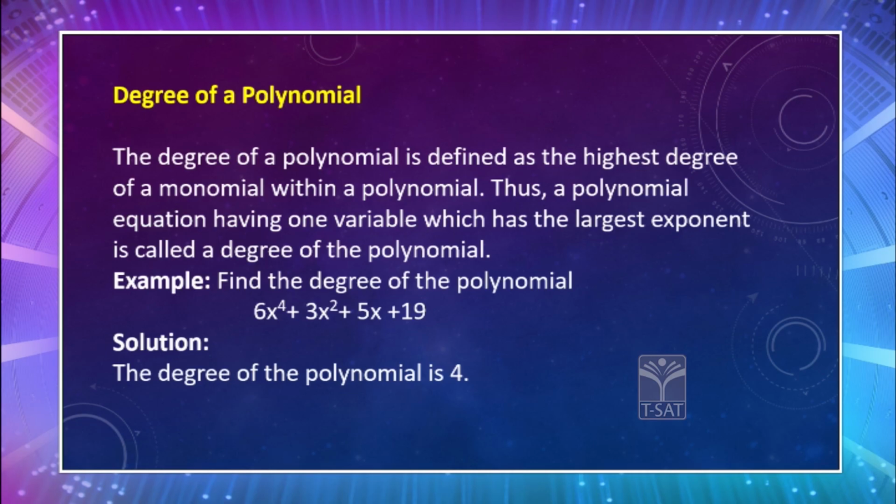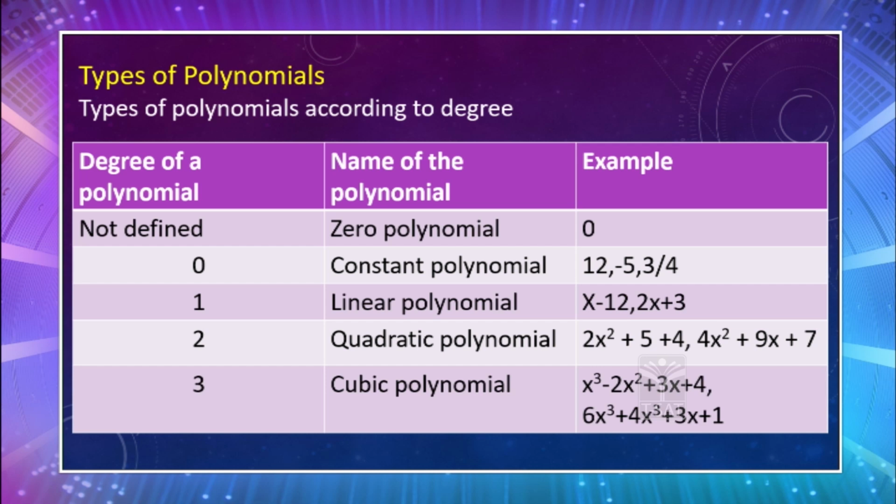Is it clear? Okay. So, now based on this degree we can classify the polynomials into some kinds. So, the degree of the polynomial and the name of the polynomial, and I am giving some example for each one. The first one, let us start with 0. 0 is said to be simply 0 polynomial and the degree is not defined, simply you call it as 0